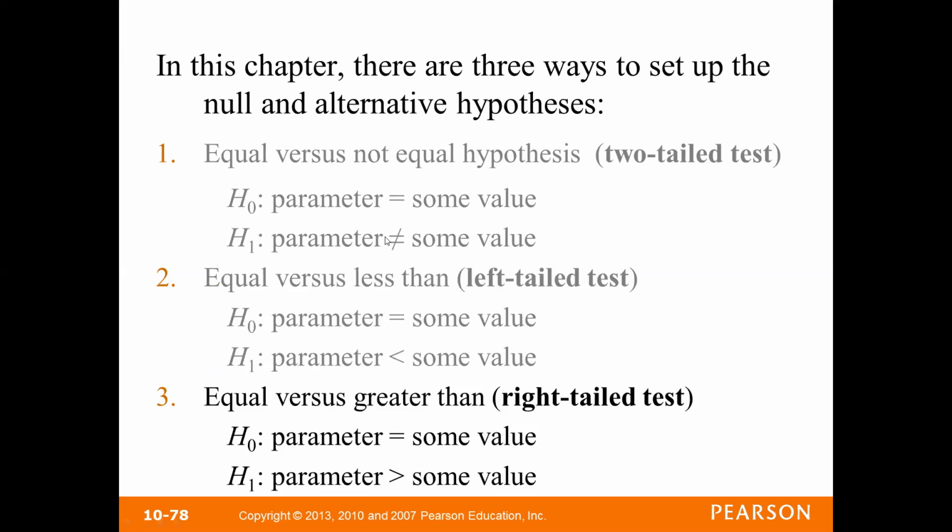So if I don't indicate a direction, it's two-tailed. If I do indicate a direction, it's one-tailed. And which direction I go indicates which tail I'm looking at. If I go less than, it's a left-tailed test. If I go greater than, it's a right-tailed test. So again,